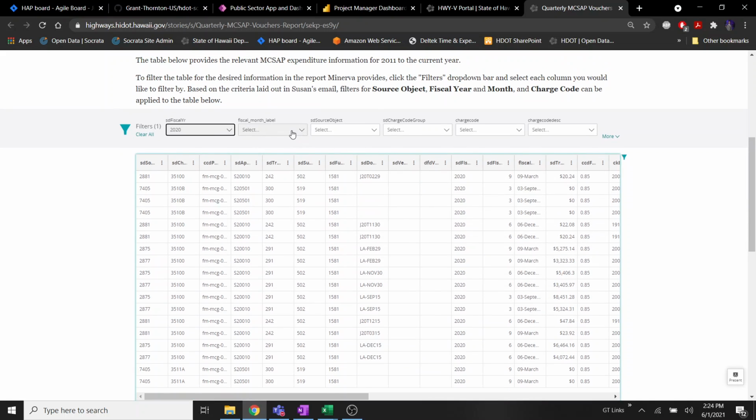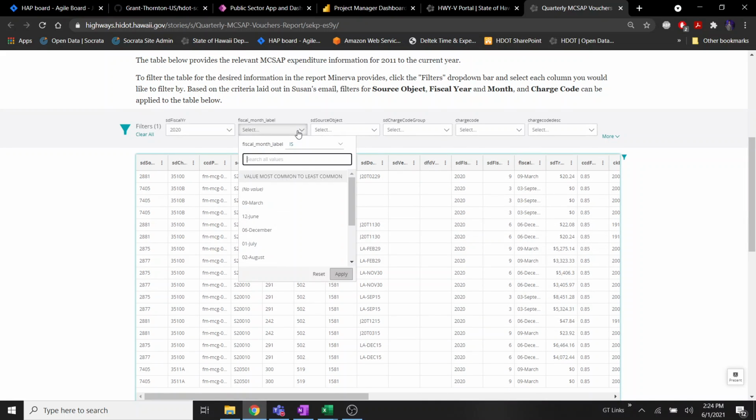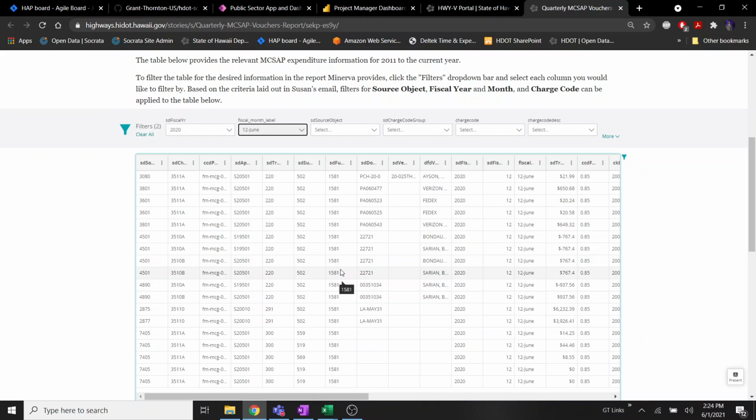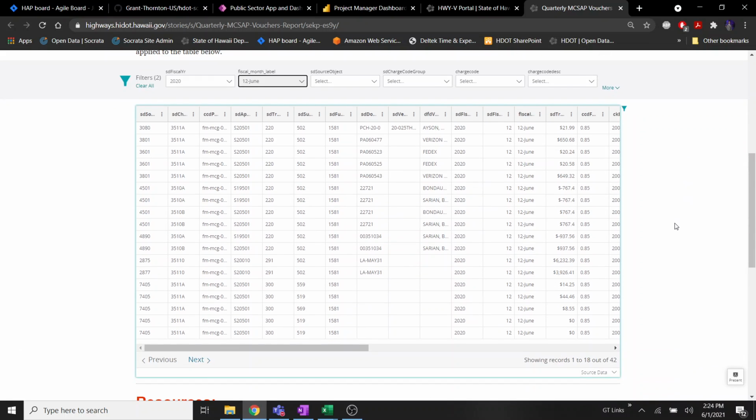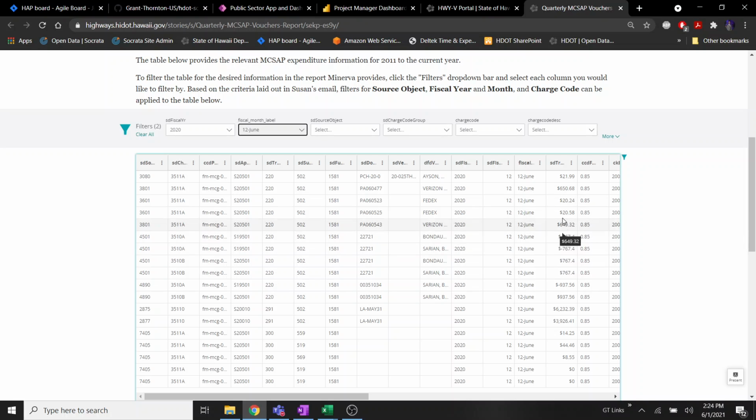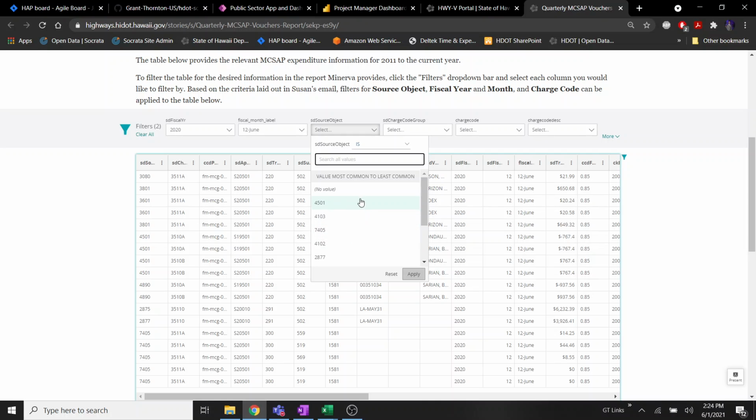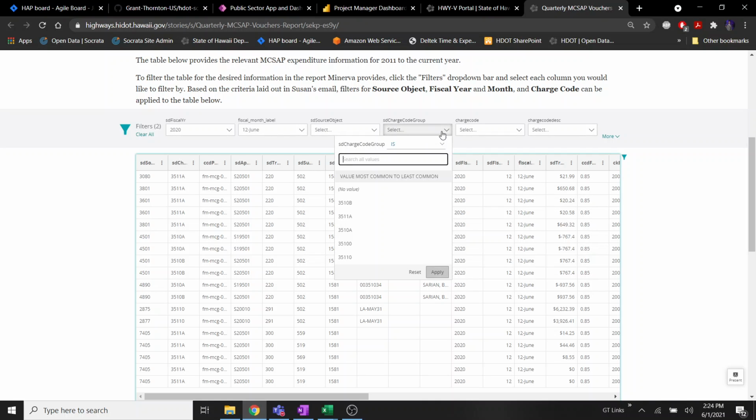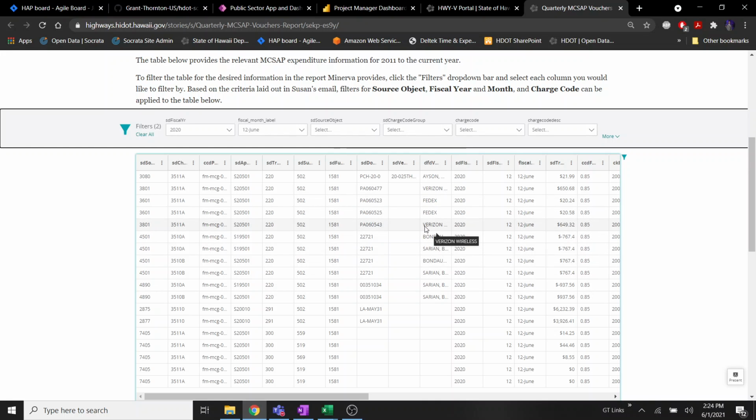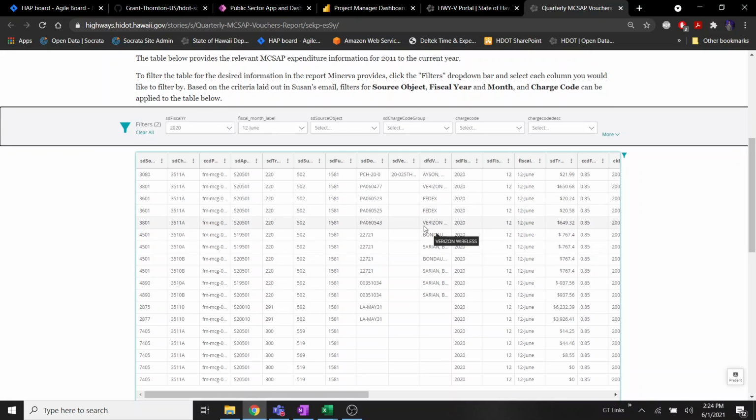We can go over and we can pick fiscal month if we want to. I want to see everything in June. So we'll hit apply again. And we'll see that our table has gone down to 42 records. And so, if we're satisfied with this, we can also add more here, so source object or charge code group and whatnot. But if we're satisfied with what we have here, what we filtered this table by, we can scroll